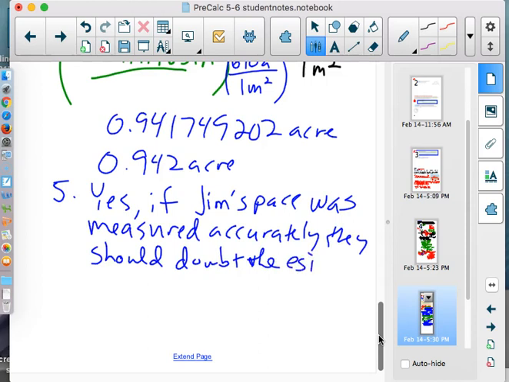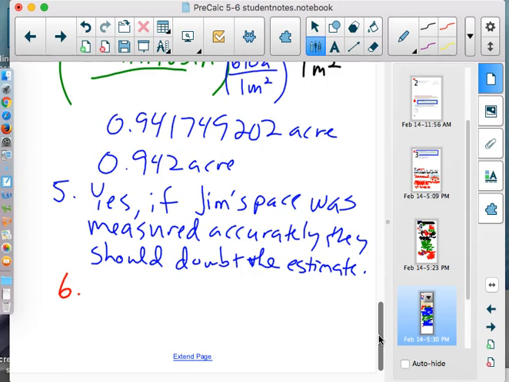Which means they better take a closer look at this property, because if the person is overestimating how much acreage there is, then it's quite possible that they have overestimated some other pieces that are going to cost Jim and